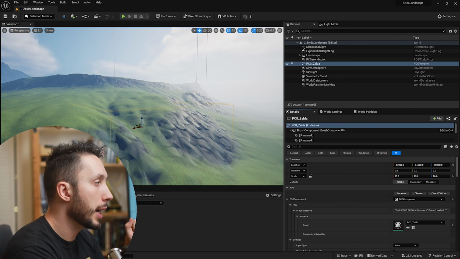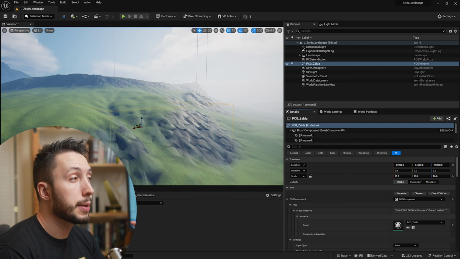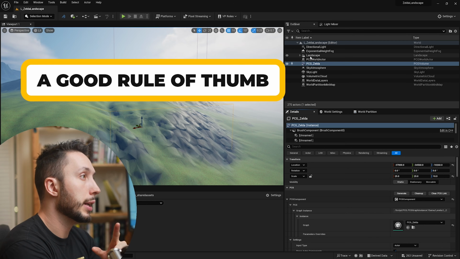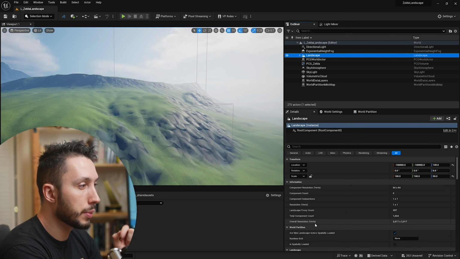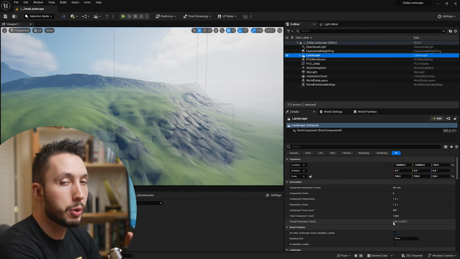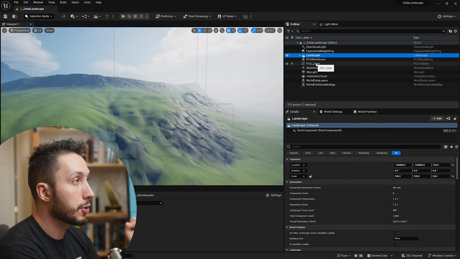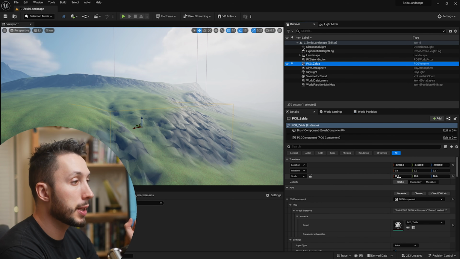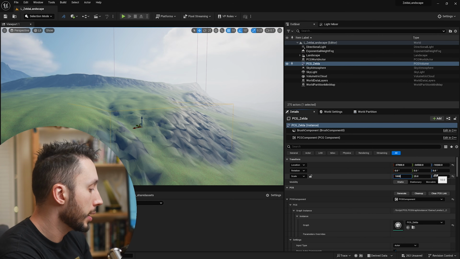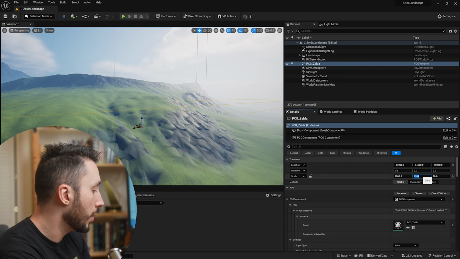If you're not sure about how big your PCG volume should be, a good rule of thumb is to go and look at your landscape. Double check this number where it says overall resolution. For me, it says 2017. And so I'm going to just take that number and halve it, which gives me 1008.5. And so I can come over here to the PCG volume and in the X, make it 1008.5, and in the Y as well,